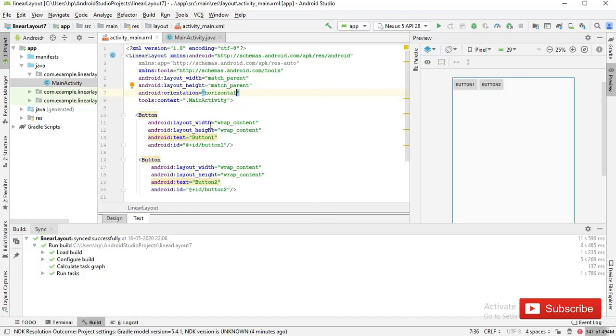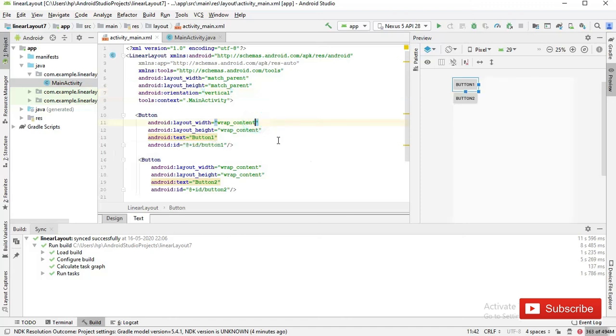Most of the time we don't know the difference between wrap content and match parent. So what is the difference between wrap content and match parent? If we use the layout width with wrap content, orientation vertical, layout width is wrap content.